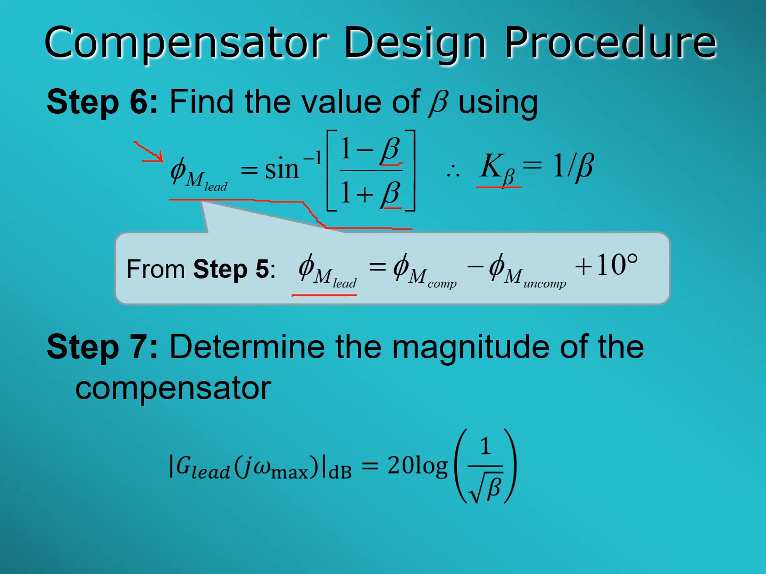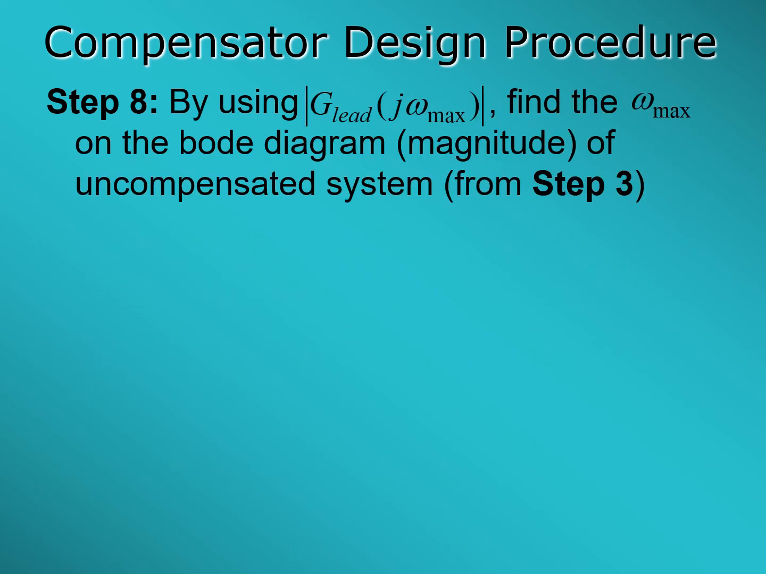Step number 7, determine the magnitude of the compensator. From the value of beta from step number 6, you can easily calculate the magnitude of the compensator, which we call G lead j omega max, in decibels. Step number 8, after we got the value of G lead j omega max, find the omega max on